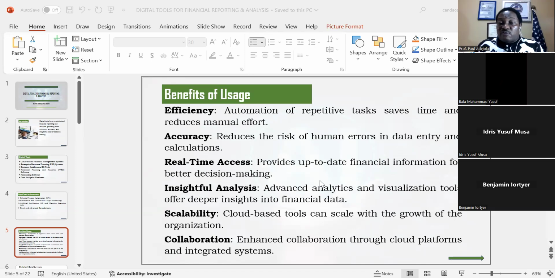And opportunities abound for those who are ready: scholars, professionals who are ready to learn, who are ready to empower themselves, and who are ready to collaborate. Those are the benefits here.